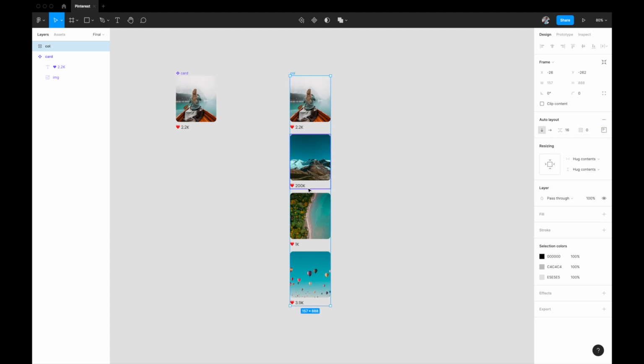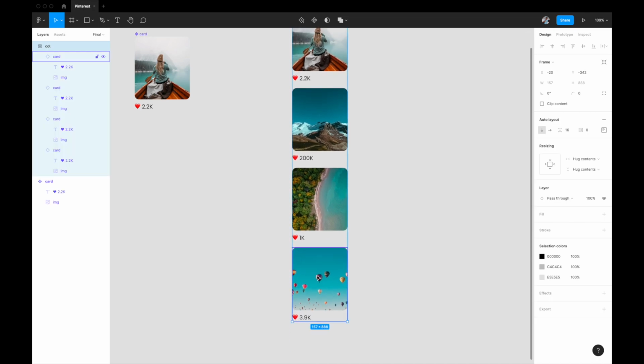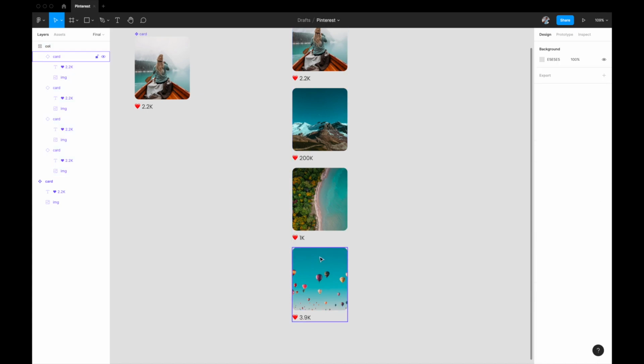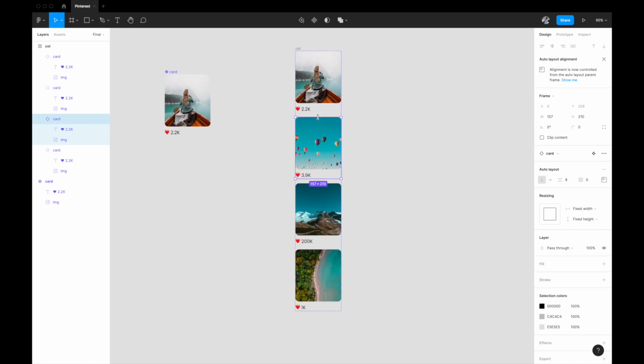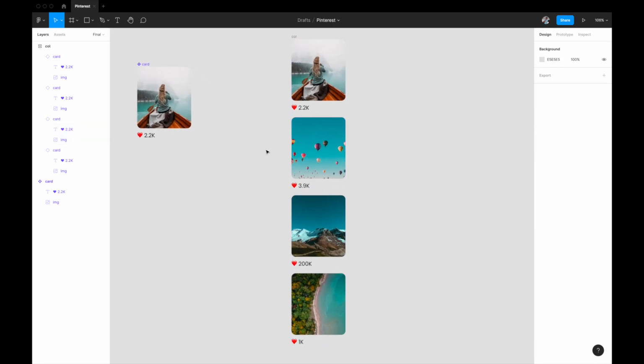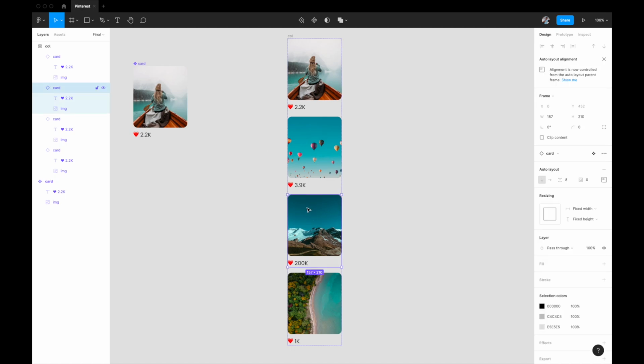But the benefit of creating an auto layout column is that if you want to reposition anything, you can very easily do that. Let's say I want this 4th element in the 2nd spot. I can just select this element and drag it on top. Auto layout will maintain everything that you have set, all the constraints you have set. So if I move anything up and down, it will try to maintain all the constraints that I have already set for it.